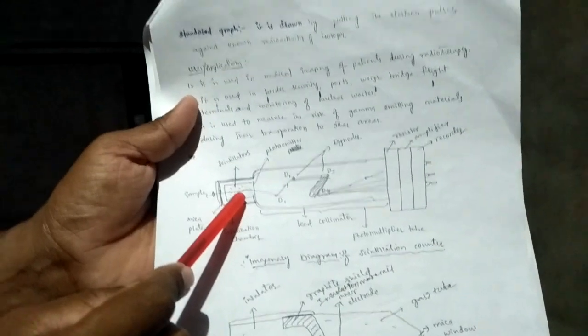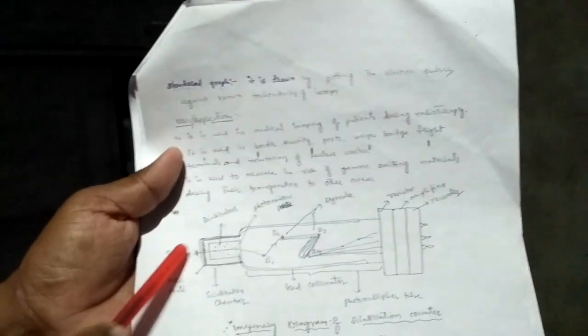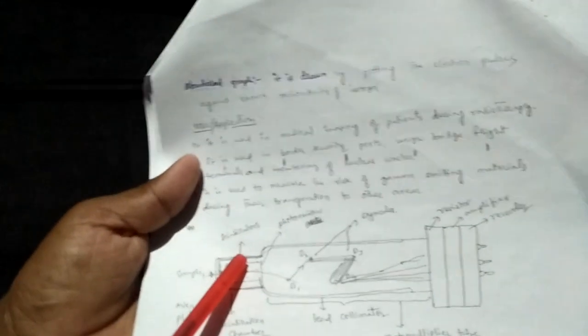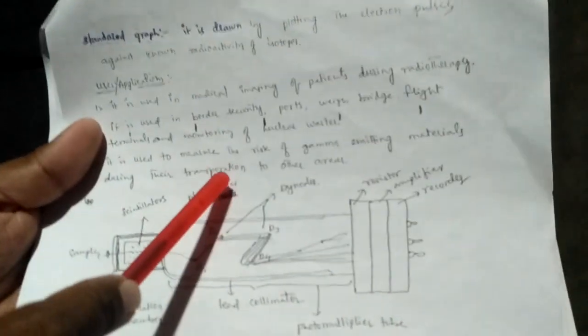Once again, listen carefully. The scintillators are filled in the scintillation chamber. Then when the sample is placed near the mica window, the sample emits radiation. That radiation strikes the scintillators present in the chamber and they go to the excited state and produce electrons. These electrons pass near the photoemitter and are converted into a flash of light.